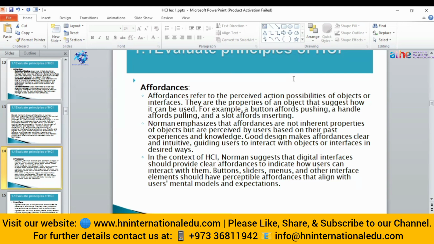What if the text color, instead of black, were something else? In the user's mind, it is easy to read something in black on a white background. So it is according to the theory of affordance: everything should be aligned in such a way that it relates to the user's mental model.